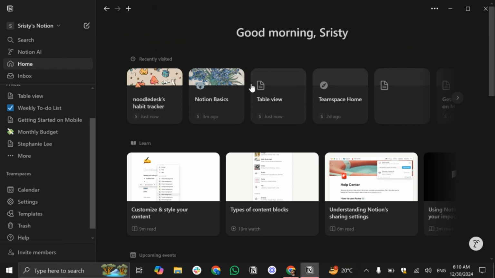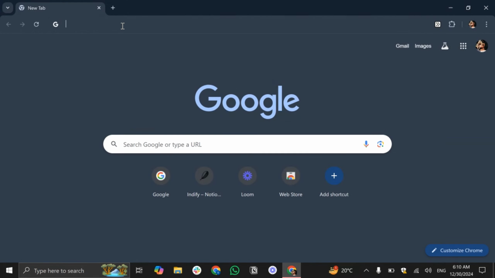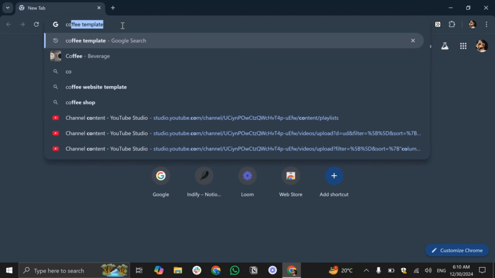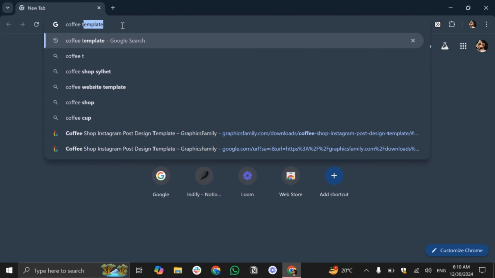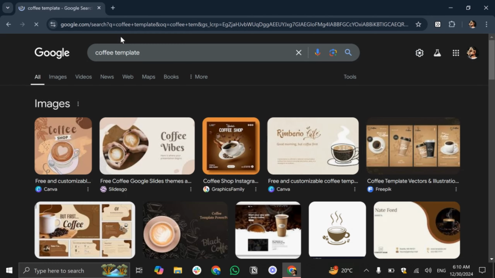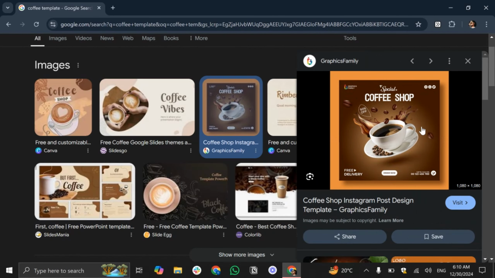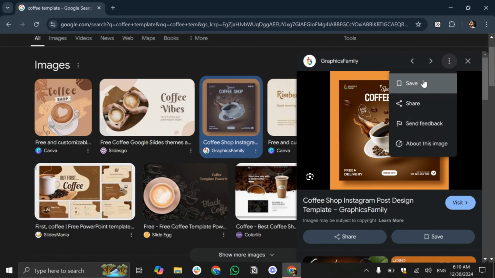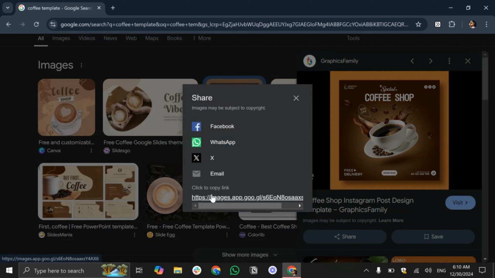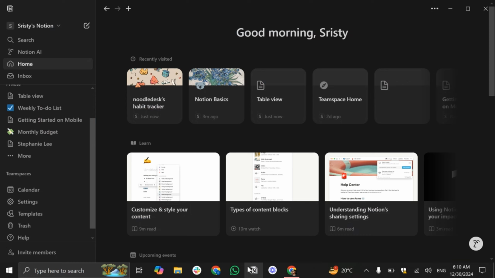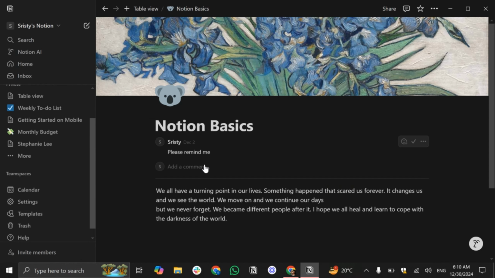And if you want to add a template by importing, there is another way. Go to any browser and search for the template that you want to add, and from here select the template that you want to add and copy the template link. As you can see the copy link, once you are done, go to your Notion application, and from here go to the page where you want to add this template